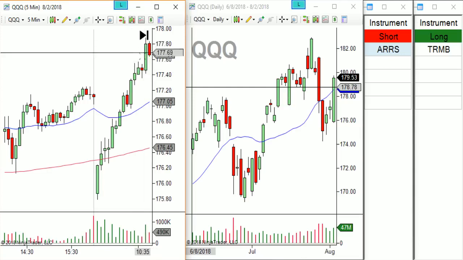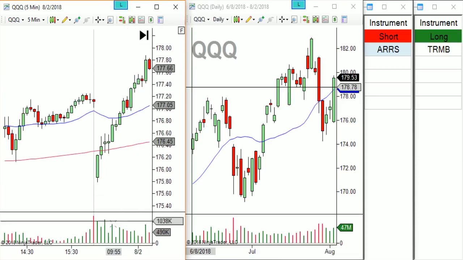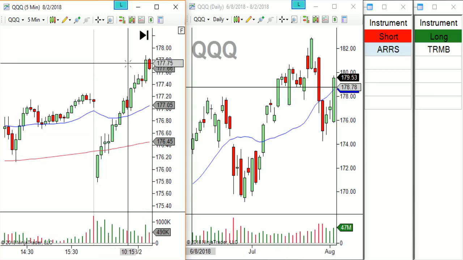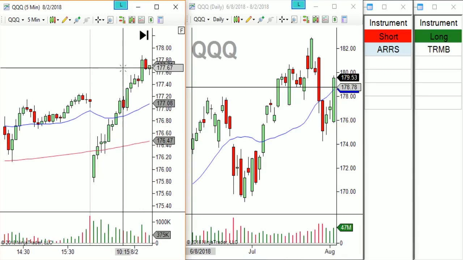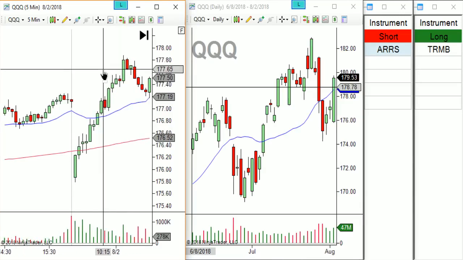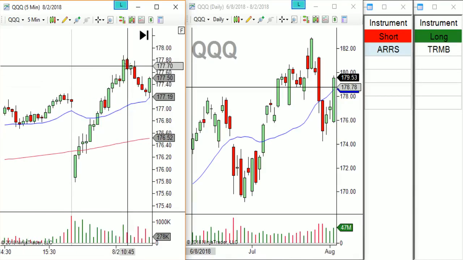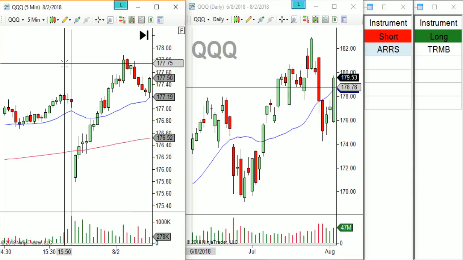And I also am familiar with this pattern where we get this nice big move, we get this wide range bar at the end. We've talked about this on prior videos about the healthy trend. Now we started to get this volume spike here and this wide range bar at the end of the move. Okay, then we got this inside bar, and then we ended up breaking lower here and pulling back on the 5-minute chart. Okay, so 10:45 here on the Qs,